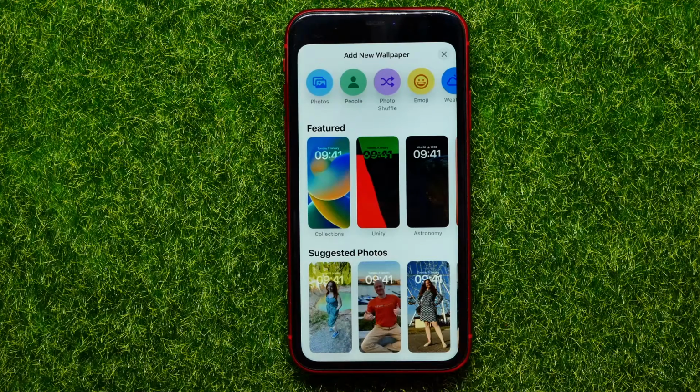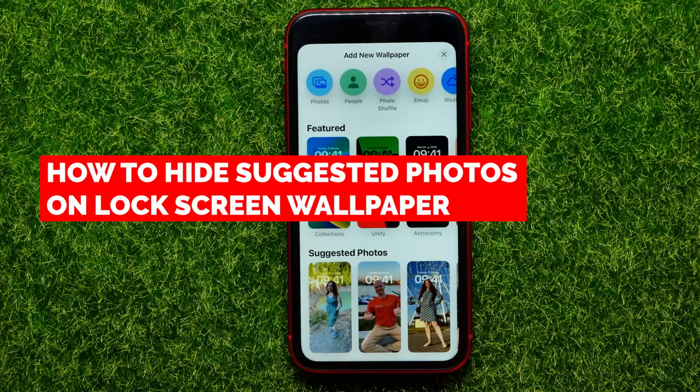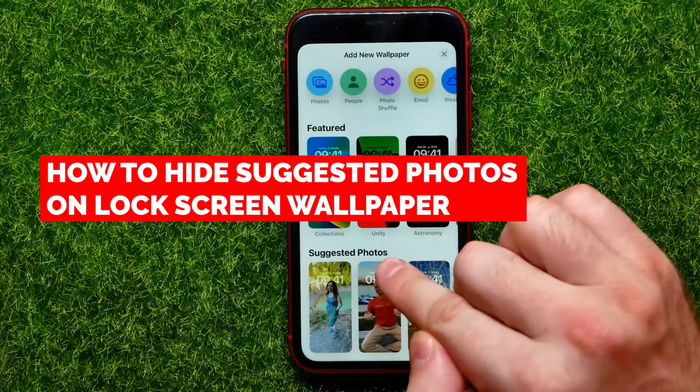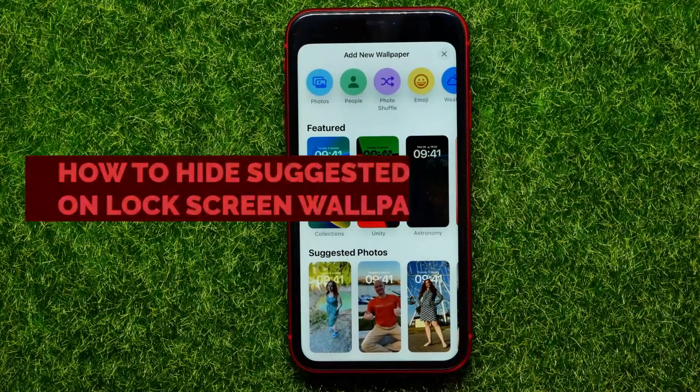Hello guys, welcome back. In this video I will show you how to hide suggested photos on the lock screen